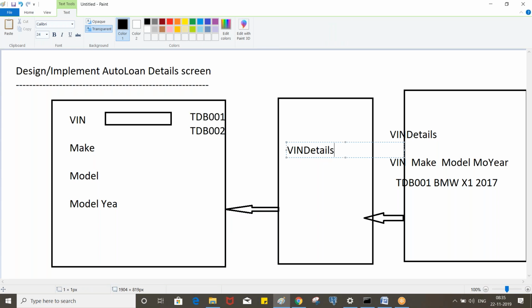So for this scenario, we'll be using an activity. So what method do we need to use? Tell me. Not for creating a page, but to fetch a record. That is for multiple records, right?